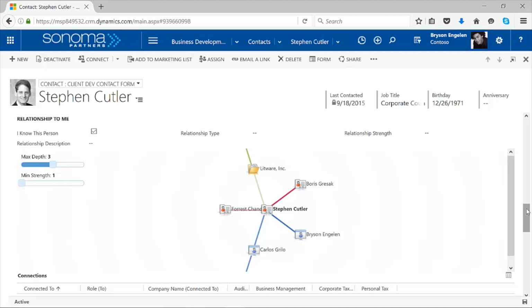You can also filter this web of relationships through the minimum strength and maximum depth. So maybe I only want to see things that have a strength of 3 or higher, or maybe change the depth to a depth of 2 so I'm not going so many layers deep. And all of this is something that Sonoma Partners created to really help you visualize what those relationships are within your firm. Something else that we've created based on the intelligence and feedback we've received from our legal